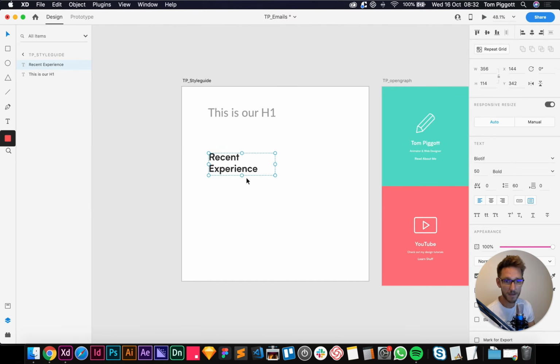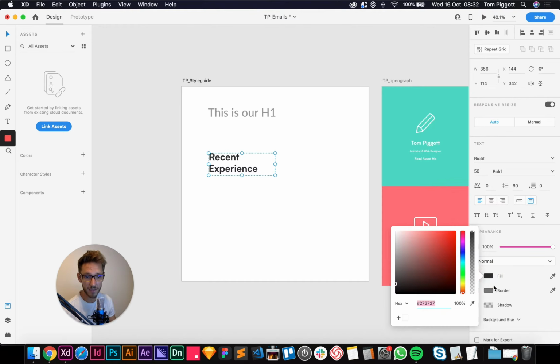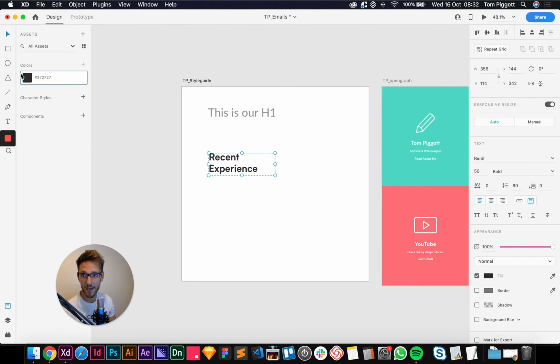So I'm going to get this black text here, and at the moment you'll see down here I'm selected on layers, so we can see this is the artboard I'm on and these are the layers. I'm going to click on this button here. This brings us to our styles, and I can add colours, character styles and components. So I'm just going to add a colour. If I have a look here, my fill is 272727, so I'm going to press add here, and there it is. We could double click and rename this black or something like that, but actually I'm going to leave it like that, so I have the hex code and it's very easy to just jump in and copy it when we come to coding.